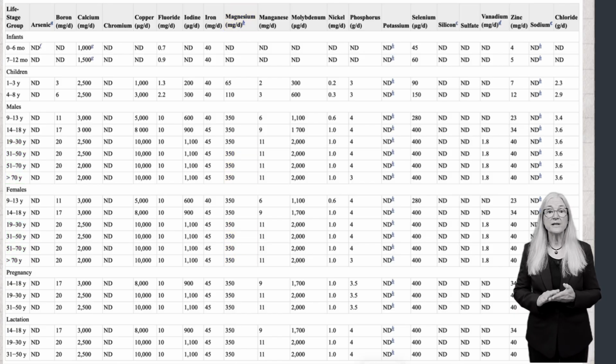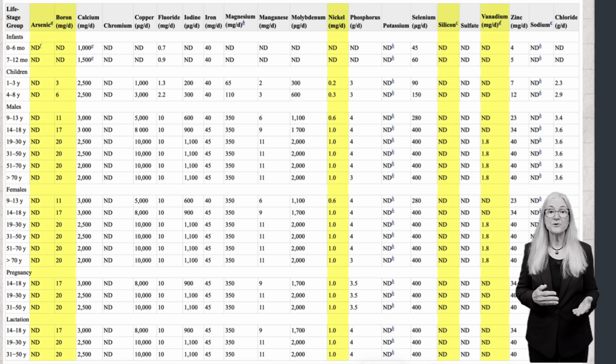The upper-level chart includes an essential nutrient and several minerals that were not included on the chart of target levels. These do not have deficiency concerns as part of the mineral standards. Sulfate is an essential nutrient that is part of the sulfur amino acids. The sulfate requirement is met when the intake of sulfur amino acids is met, so specific mineral DRIs have not been set. Sulfate will come up in the episode on protein amino acids.